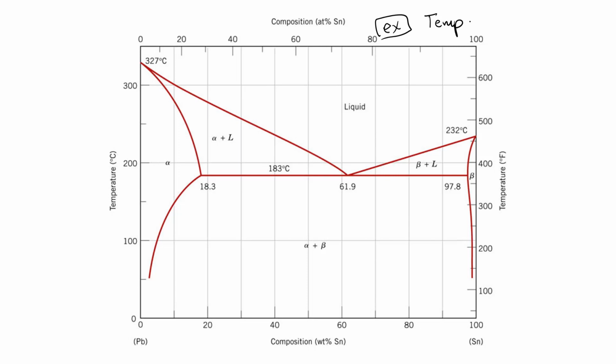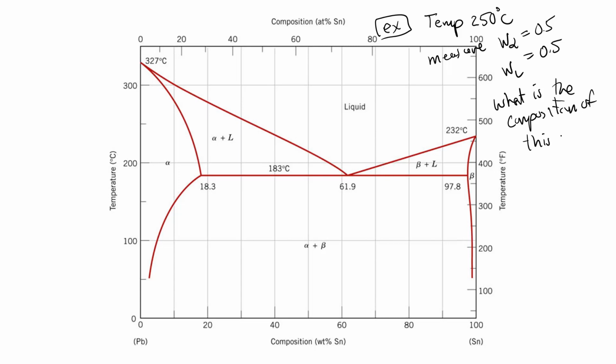The temperature is 250 degrees C, and I measure that the amount of alpha, the weight fraction of alpha, is half, and the weight fraction of liquid is a half. And so the question is, what is the composition